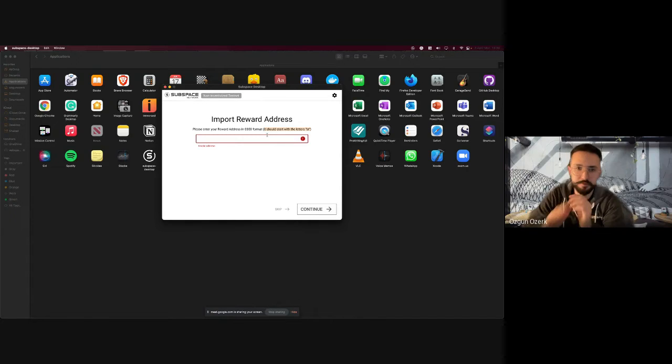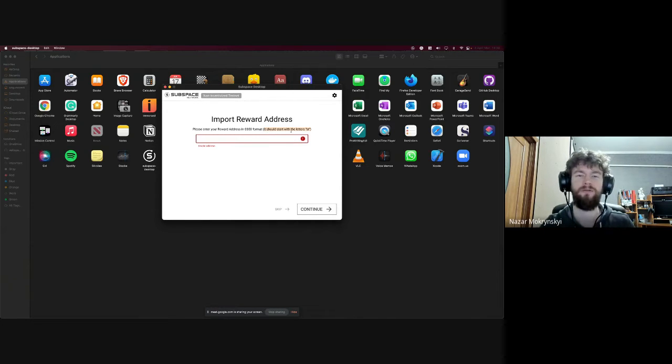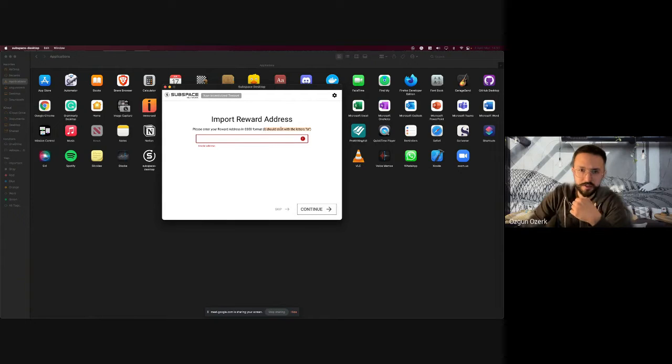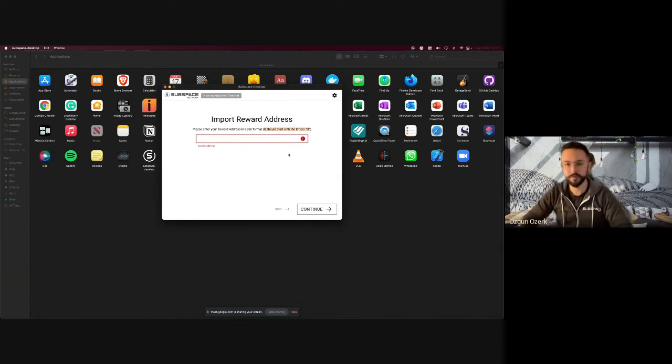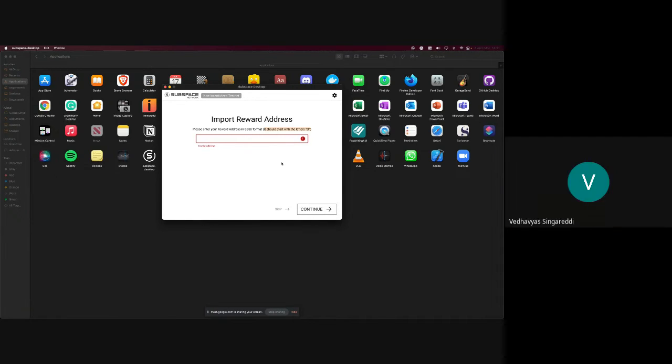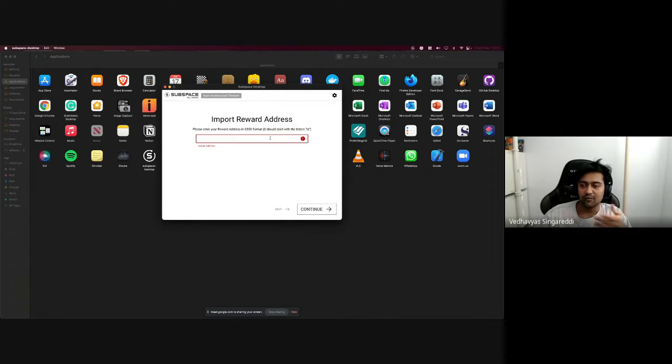Yeah, at least unless it's common. So maybe we can tweak it somehow to make it less confusing, like any Substrate address would work or something like that. Or say generic address. Okay, that's how it's called. Something like that. Maybe we could even add the default Substrate address. I think a lot of us are used to the 42 prefix, which is much more